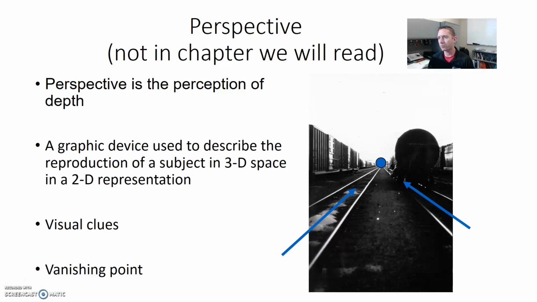Now, one other thing that really doesn't come up in this chapter, but is important to remember when we start talking about focus and depth of field, is perspective. And when you start dealing with perspective, you start dealing with your sense of depth in an image. Now, a lot of times we have what are called visual clues that give us a sense of depth. So, in the old cliched image here of the railroad tracks, as you're standing looking down a bunch of railroad tracks, they all kind of move back, and they have what we call a vanishing point. And it just kind of naturally, our eye is drawn back to this vanishing point,